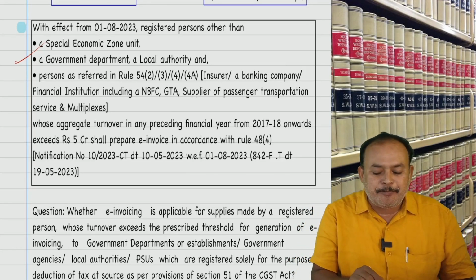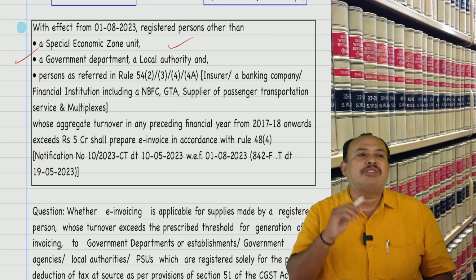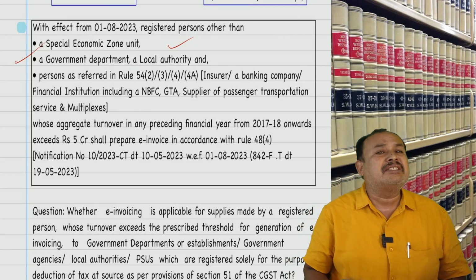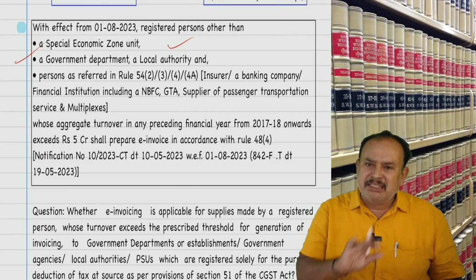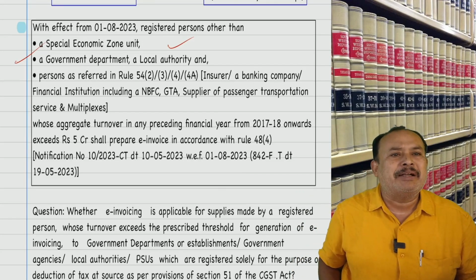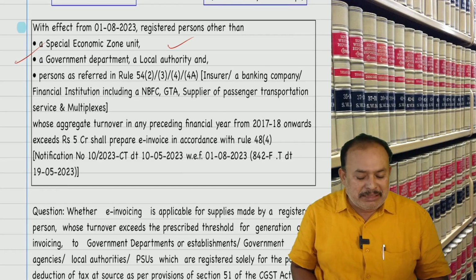Local authorities, E-Invoice not applicable. Greater Chennai Corporation, turnover thousands of crores. So what? E-Invoice not applicable. GST department, E-Invoice not applicable. Income tax department, E-Invoice not applicable. Further, they gave a clarification by saying that